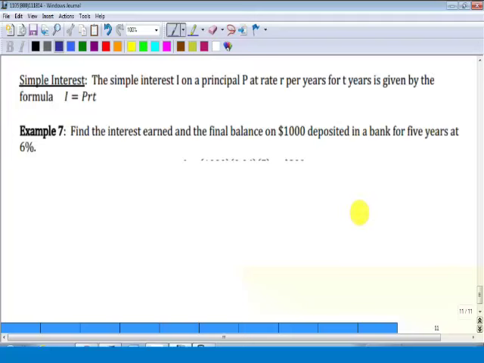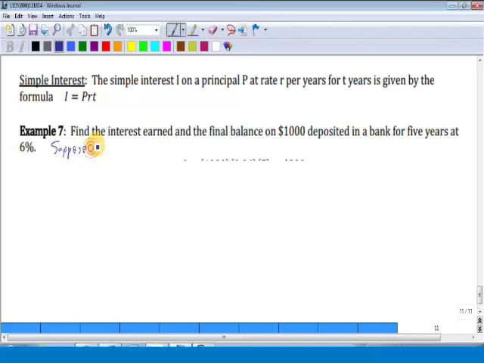I'm going to tweak this example. Find the interest earned and the final balance on $1,000 deposited at a bank for 5 years at 6%. I just can't think of a scenario where the interest wouldn't be compounded at least annually, and that's kind of the follow-up to this. Sometimes more often than that. So let's tweak this a little bit. I'm going to say,